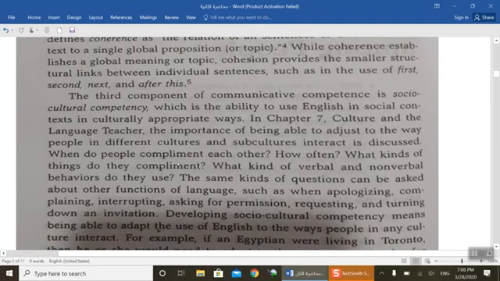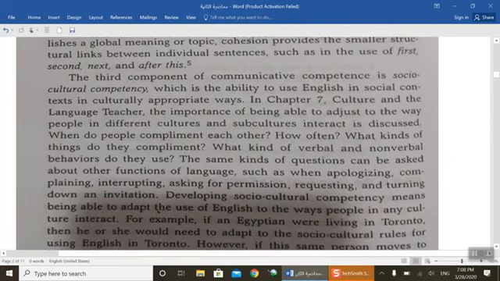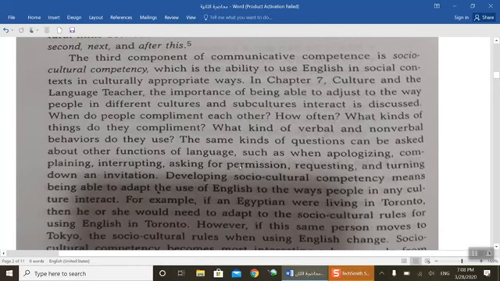When? Which situation? Any situation? The time. You have to choose the time. How often? What kinds of things do they compliment? What kind of verbal and non-verbal behaviors do they use? Maybe, for example, Iraqis use a gesture which is acceptable, but when you go to America, you use a gesture which is not acceptable. Maybe when you use a word in Iraq, or something in Iraq, it is not acceptable, and you go somewhere else where it is acceptable.